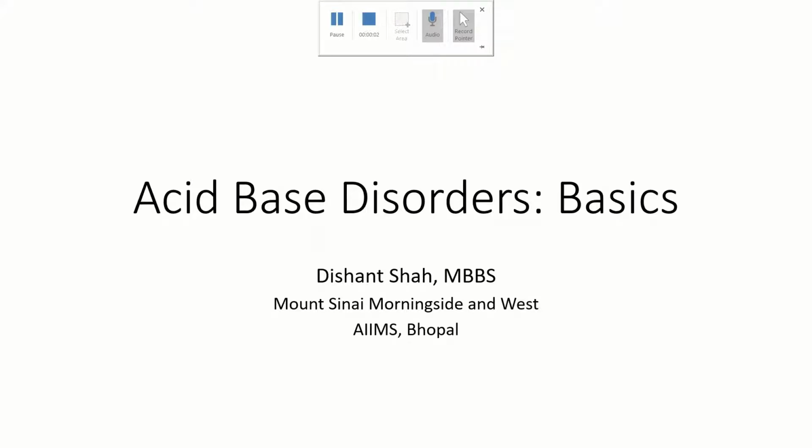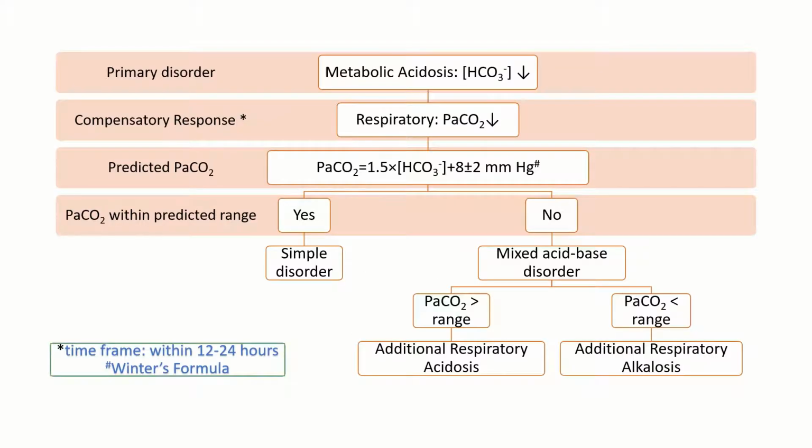Okay, so let's continue our discussion on the basics of acid-base disorders. Let's talk about metabolic acidosis. In case of metabolic acidosis, there's a fall in bicarb. Because the primary disorder is metabolic, the compensatory response is going to be respiratory. And because in the primary disorder there was a fall in bicarb, as a compensation, there's going to be a fall in PaCO2. Now, the predicted PaCO2 after this fall can be calculated using this formula, and this formula